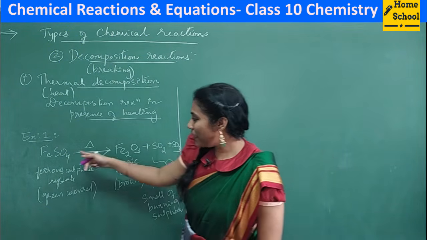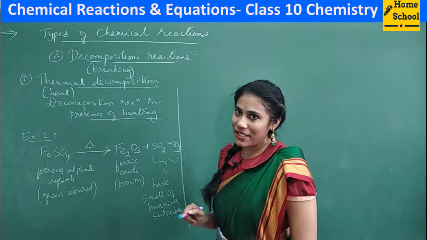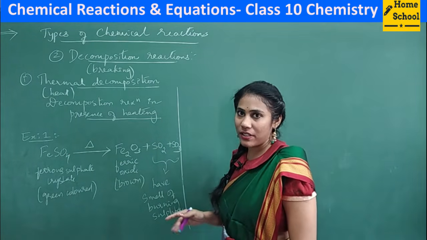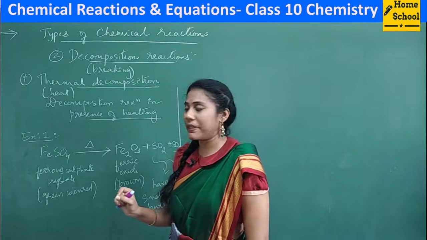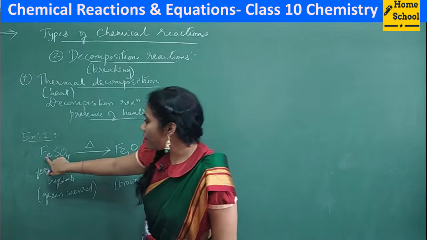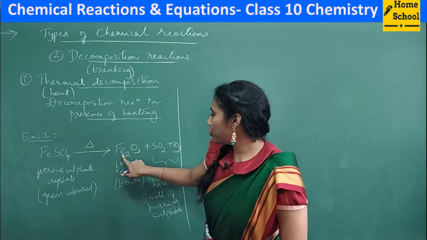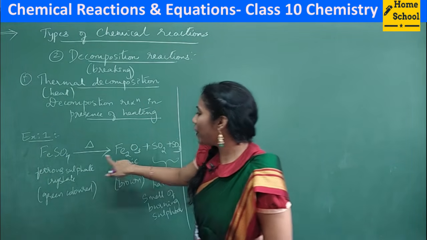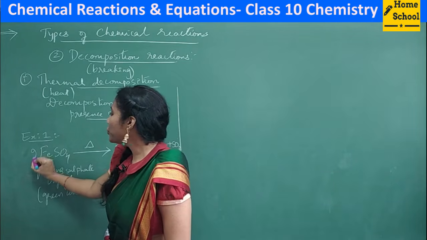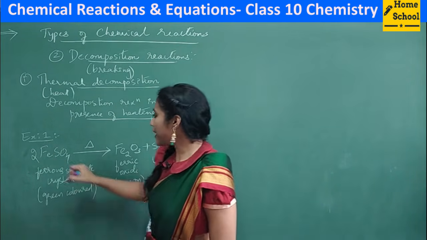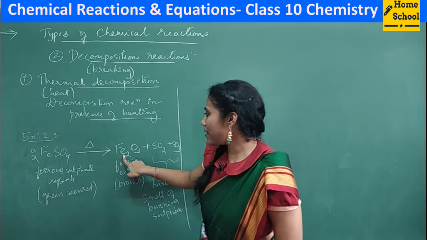So guys, observe the equation. Is it balanced? It's not a balanced equation. So you have to write the balanced equations compulsorily in the examination. How do you balance? See, one iron is there on one side, two irons on the other. So you have to balance iron on the reactant side. So you are going to put 2 here. Now you check it out. 2 irons, 2 irons. How many sulfurs?